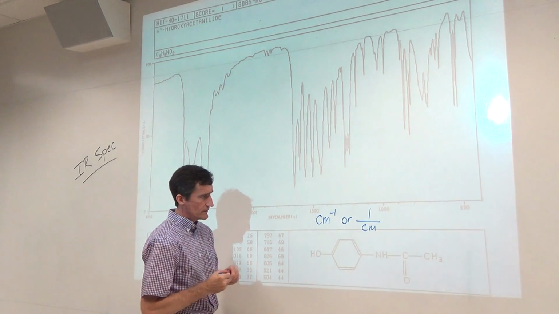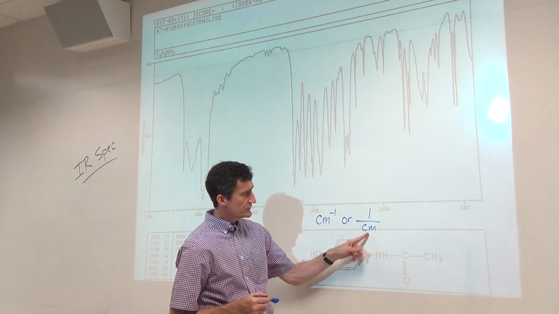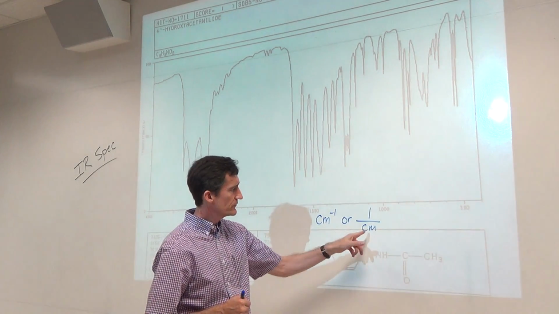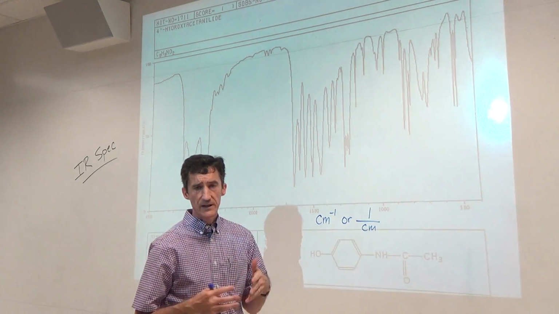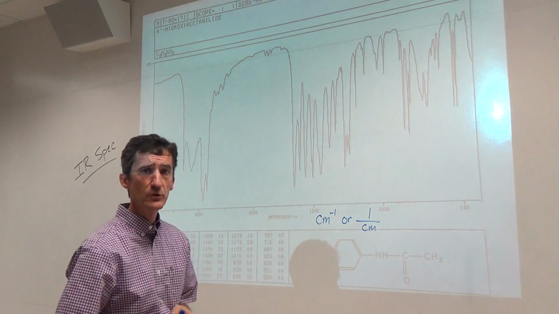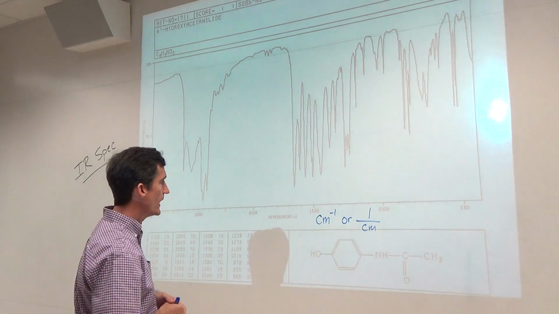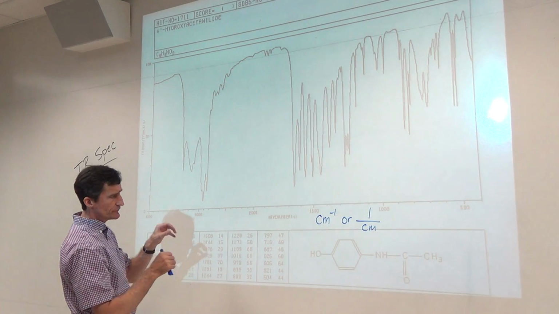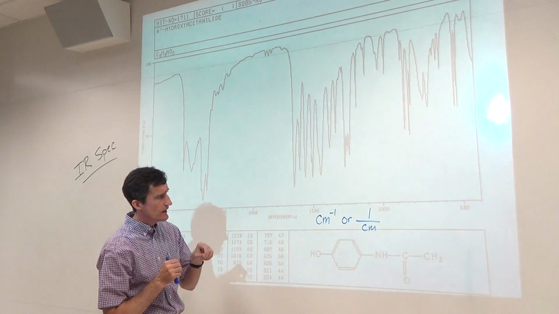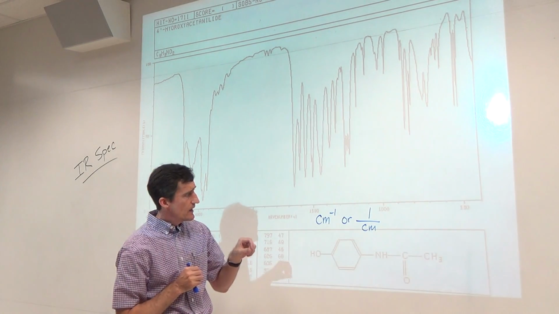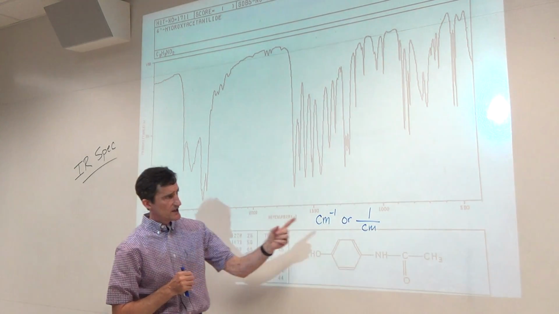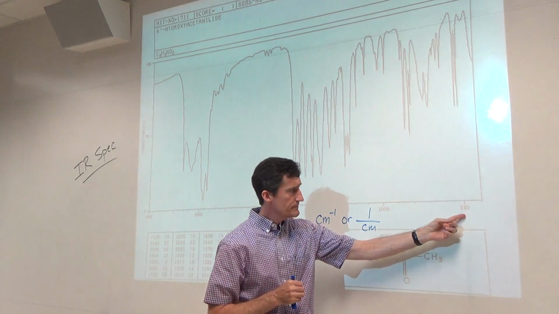So it's reciprocal. From centimeters, well, that's a wavelength. And from centimeters, we can convert that number into any other metric unit by doing metric conversions. One thing to keep in mind as we move forward, we'll discuss more and more here. Because of that, 4,000 to say 400 or 500,